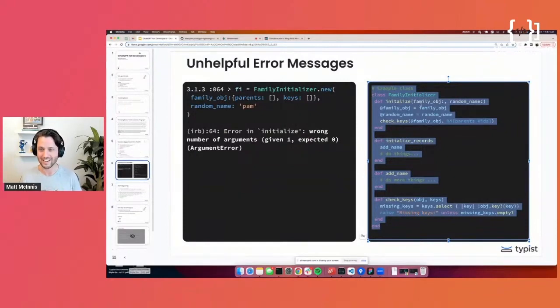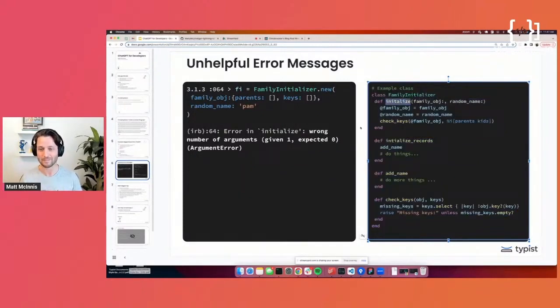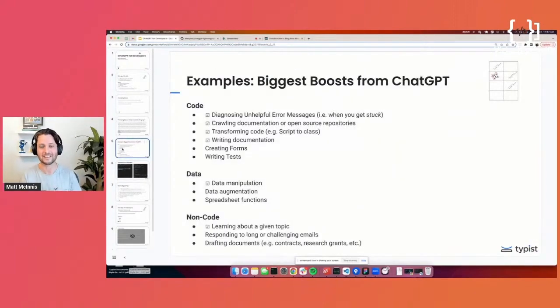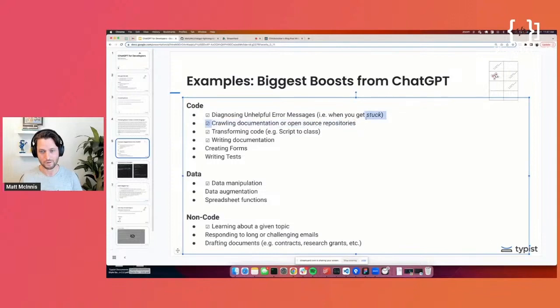It seems to happen to me a lot. But I go back and yep, initialize is spelled wrong. I fixed that in a way when ChatGPT solved this error that search and I could not find help anywhere for. So I really like that example because it contrasts these new things that we can do, right? All these tools that we have for linting, and it just didn't catch it, but ChatGPT did in just milliseconds. Really cool. Another great use case is for crawling documentation of open source repositories.